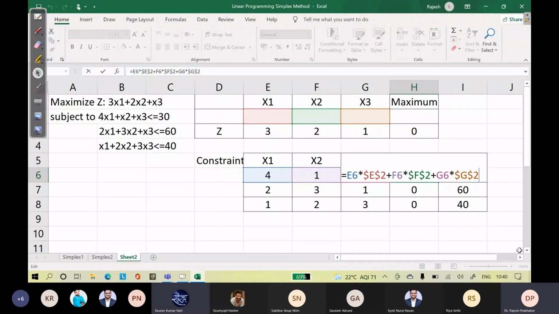Yes, sir. That might be possible. Which is called absolute cell referencing. So if you drag the formula, the cells will not change. So E2, F2 and G2 cells.